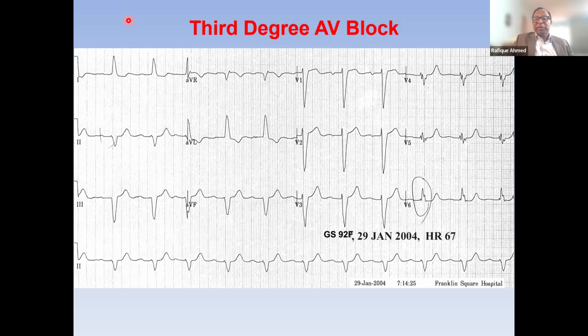Somebody 60, 70 years old in Bangladesh or even in this country doesn't exercise at all. Of course, they will have effort intolerance, but I will put those patients on a supervised treadmill. That means I'm not just going to order a test. I'm going to talk to the technicians, or I will be there to see how the patient is doing. Two things can happen. One, they can develop this pacemaker-like syndrome, or during exercise, they can develop 2-to-1 heart block. In selected cases, yes, a pacemaker should be considered.